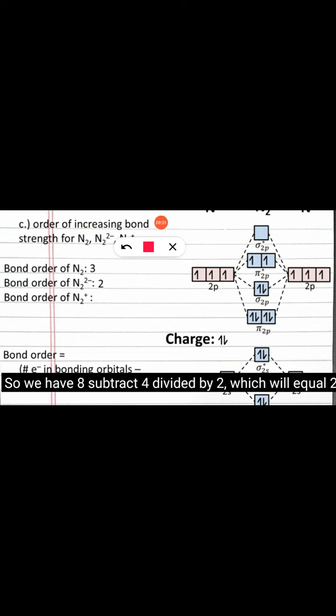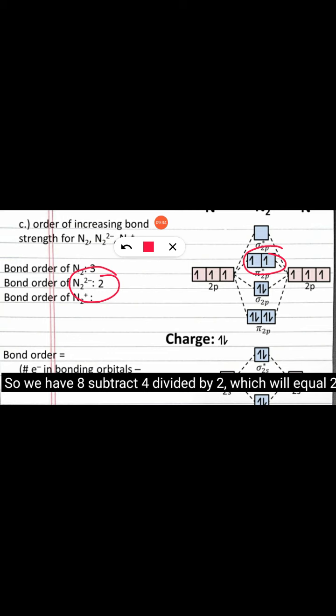Now here we calculate the bond order of N2 2 minus. The electronic configuration is the same as N2. So see here, 2s2 is fulfilled. Then in 2p, 6 electrons are there, they are fulfilled, and 2 extra electrons because of the 2 minus are accommodated in anti-bonding, and they are singly occupied, because unless and until each orbital accommodates singly, pairing does not take place, so these are unpaired electrons.